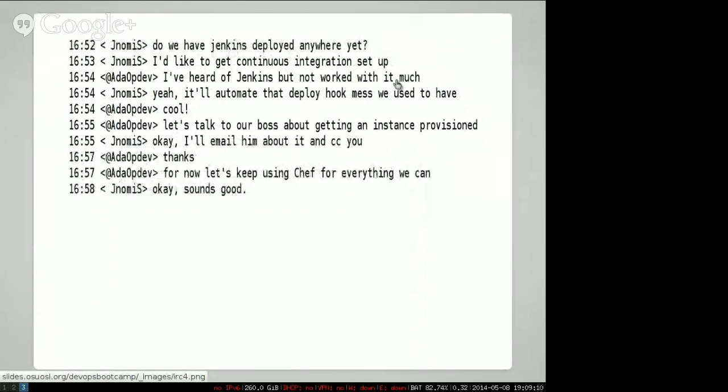Have we got Jenkins? And so they go through, I've heard of Jenkins but not worked with it, and then they discuss what it'll do and talk about how to get it and figure out a conclusion collaboratively rather than just shutting each other down. So